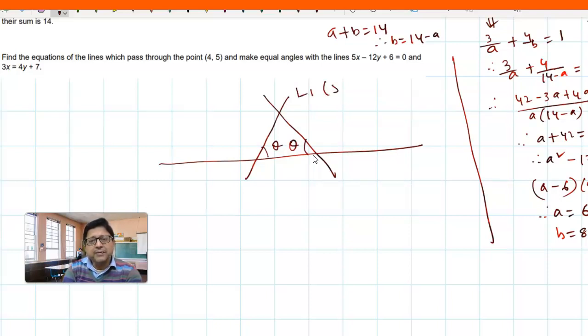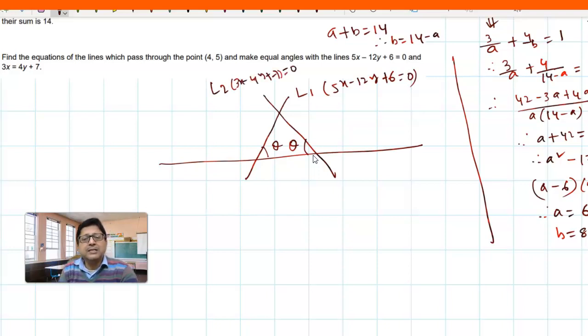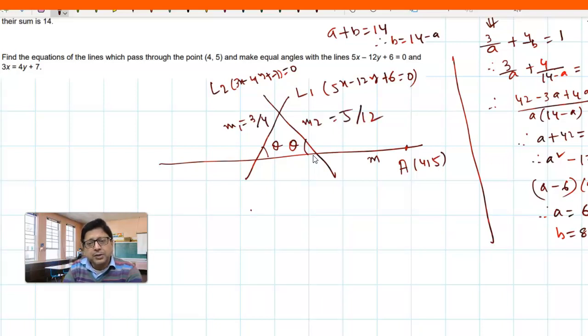L1 say 5x minus 12y, and this is L2, 3x minus 4y plus 7 equals 0. This line passes through the point (4, 5) and tan theta is not given. Only this condition is given. You assume that the slope of the line is m. The slope of this line is 3 by 4. You can see the slope of this line is 5 by 12. So tan theta equals mod of